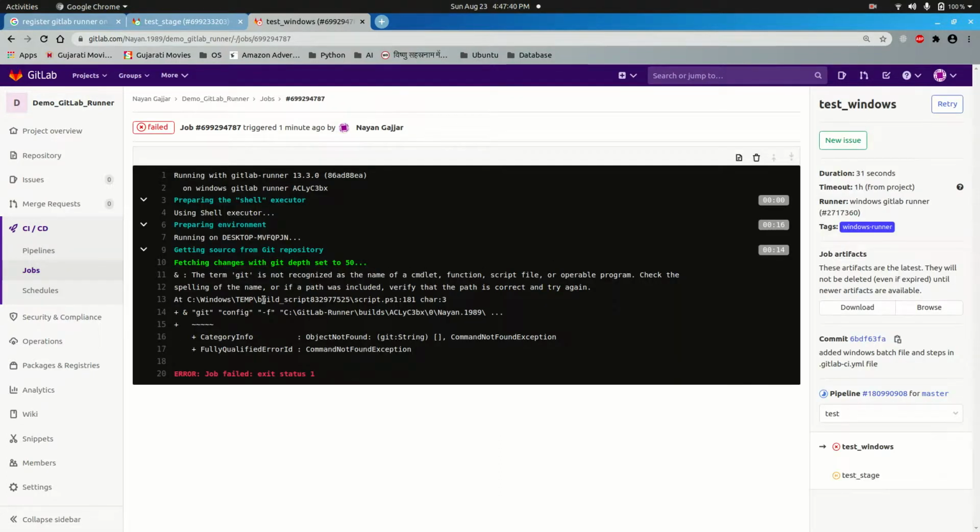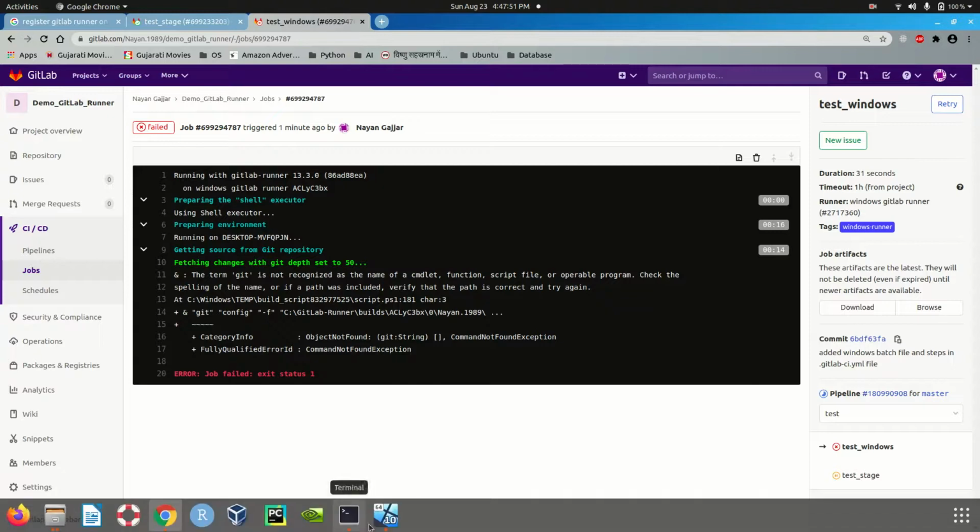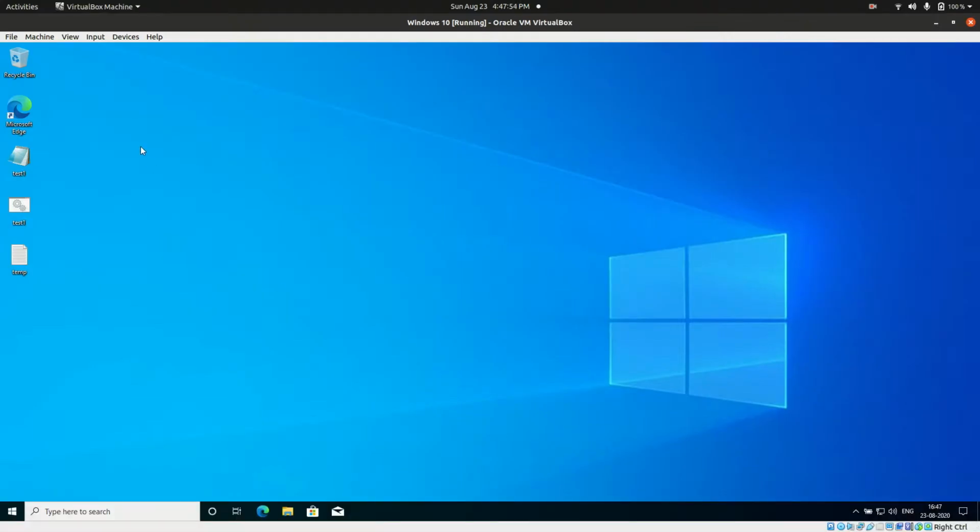Okay, so as you can see, I have not installed Git on my Windows system and hence it's showing me that Git is not recognized. So for that I need to install Git over there. So let's install Git on my Windows operating system.